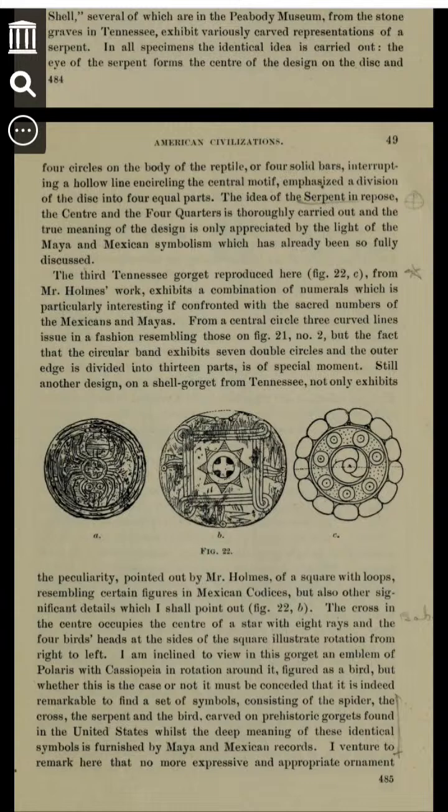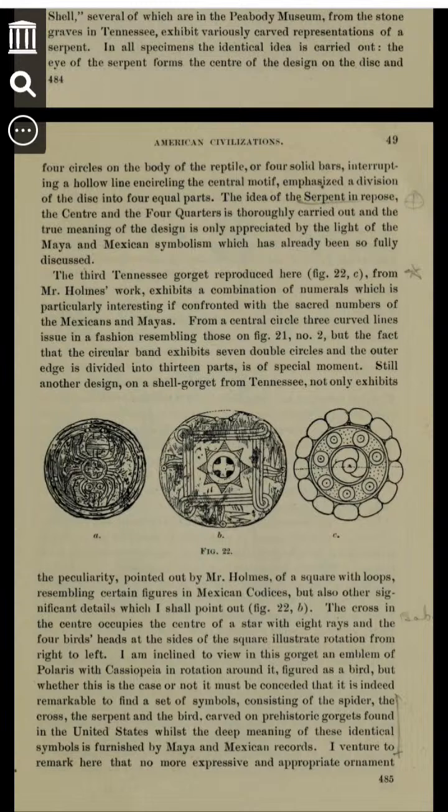The idea of the serpent in repose, the center, and the four quarters is thoroughly carried out, and the true meaning of the design is only appreciated by the light of the Maya and Mexican symbolism, which has already been so fully discussed. The third Tennessee gorget here in figure 22 from Mr. Holmes' work exhibits a combination of numerals which are particularly interesting if confronted with the sacred numbers of the Mexicans